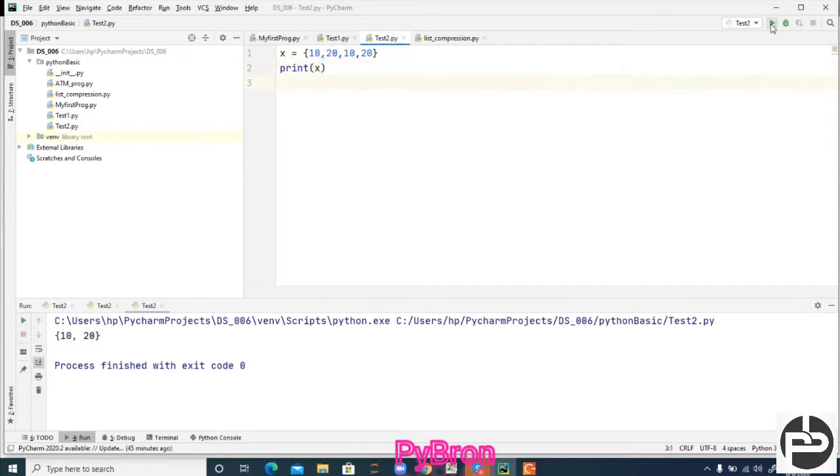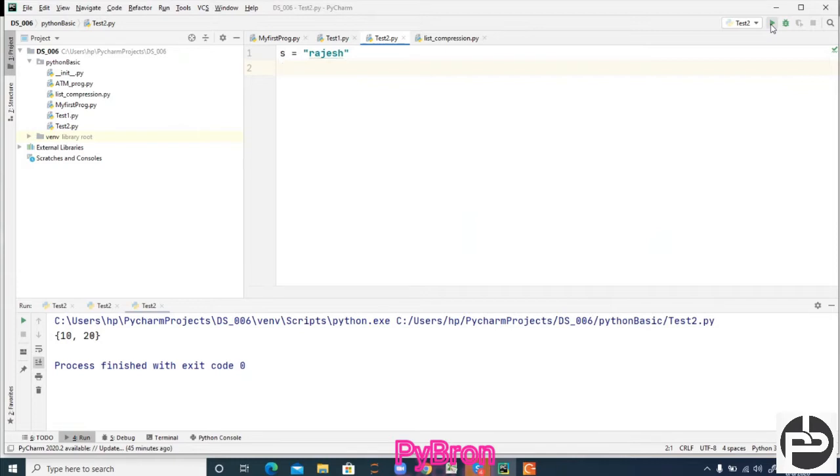What I'm going to do, just try to understand. I'm going to remove this, and s is equal to, I am going to define here a string like Rajesh. If you want to convert this string into a set, we had learned one concept. What is that?